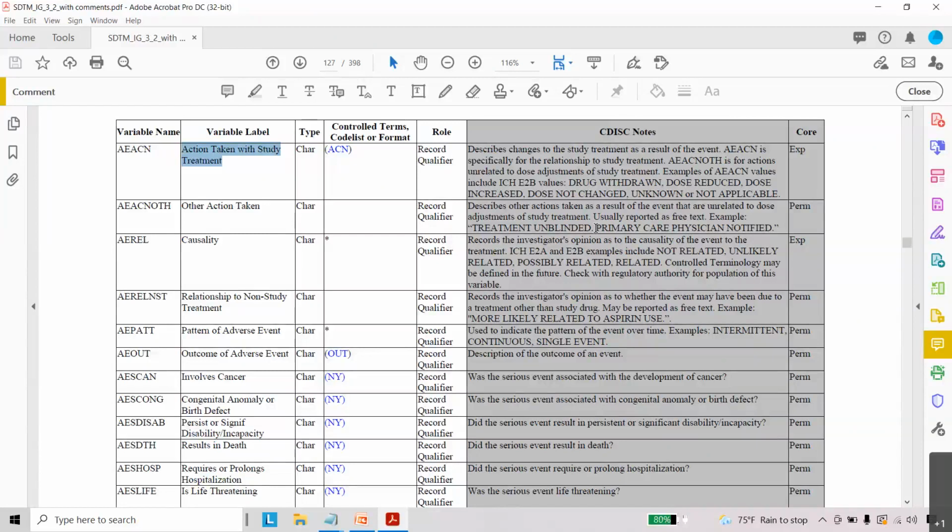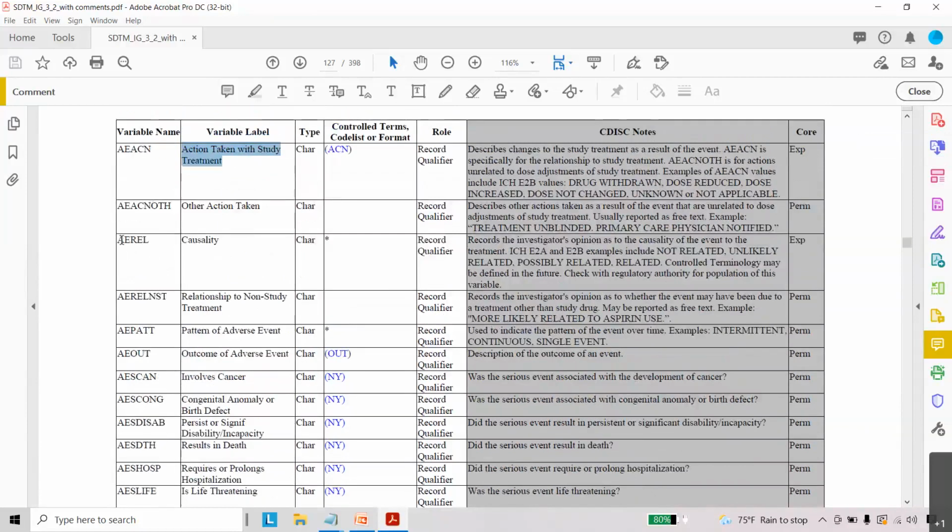Usually when the ADaM is developed, after that we make the tables, listings and figures, and in the listings we use multiple variables to describe the adverse event, so we can see AE action others also, because we should know about the subject's AE action and AE action others here.